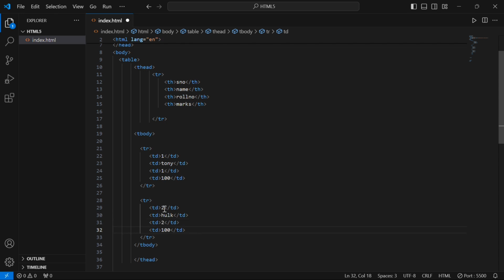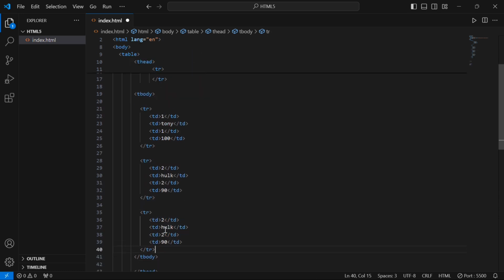So roll number is 2 and the marks obtained is 90, for example. So I'm taking another data, copying this here, changing the data to 3, naming it Stark, his roll number is 3 and the marks obtained is 99, for example.